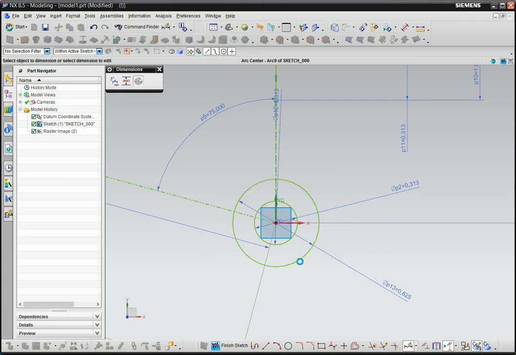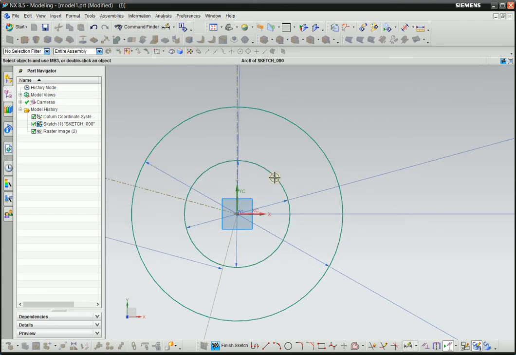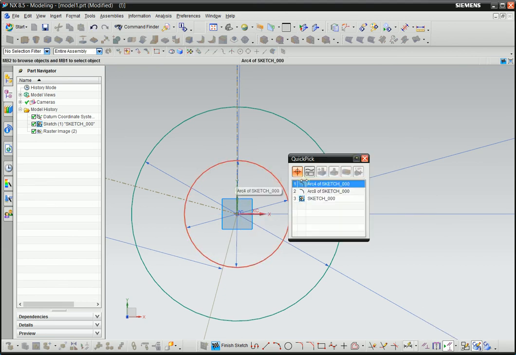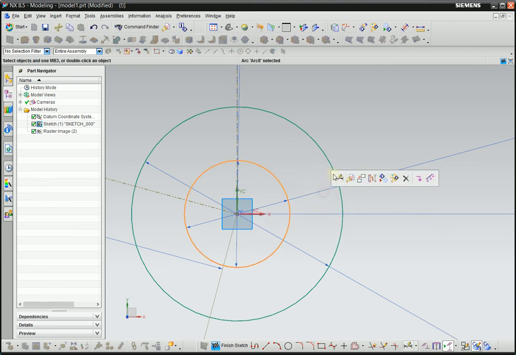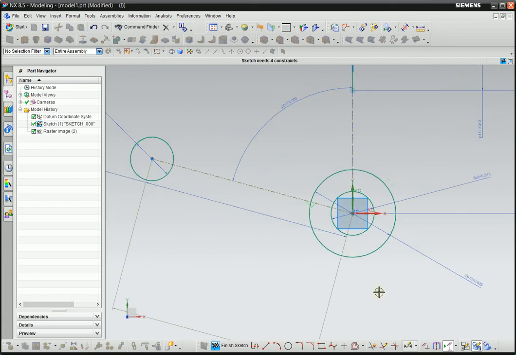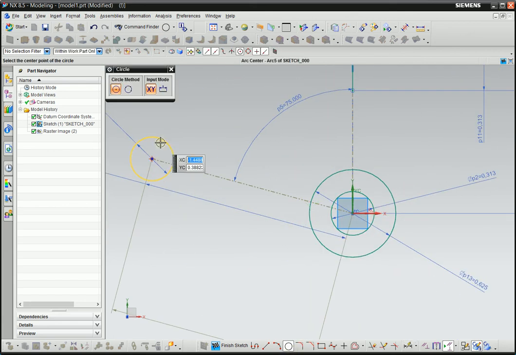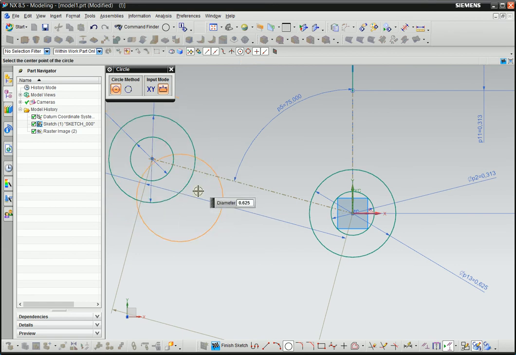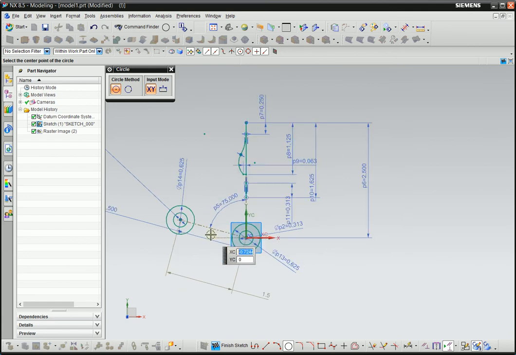Okay, so now I guess there are two arcs here. Yeah, and I want to delete the second one. Okay, this is 10/16. Okay, so we have two circles,